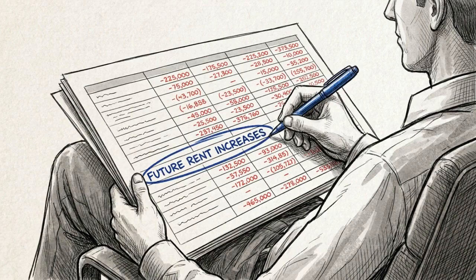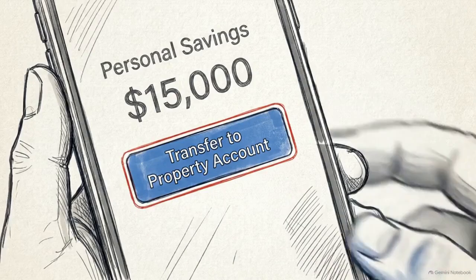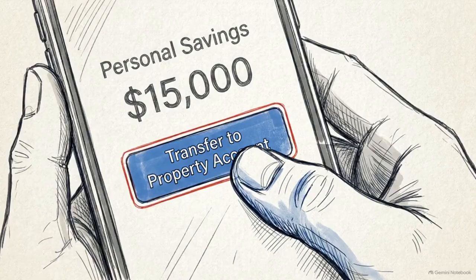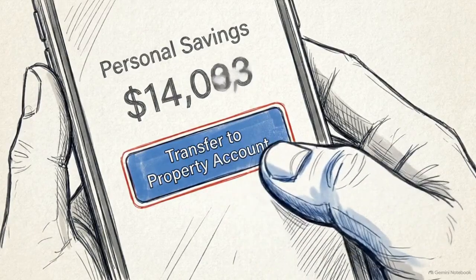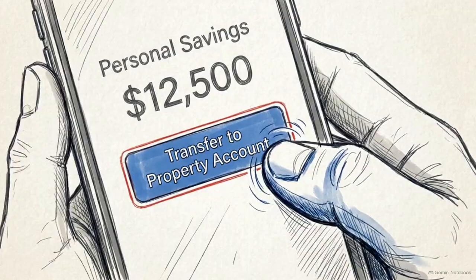Operating in negative leverage is not an automatic failure. An investor might accept it temporarily if they project future rent growth or plan specific value-add improvements to the building. But the danger of this strategy is severe. Until the property's performance improves, the investor must continuously inject their own personal liquidity to support the loan and keep up with operating expenses.